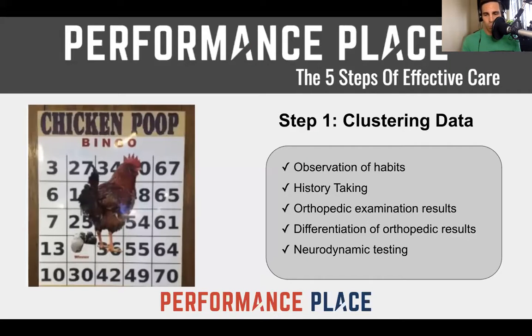Now, when we go into step 1 of the ladder of the pyramid, then we have, I could call it clustering data or chicken shit bingo. On the left, you see that this chicken happened to shit on the one next to 13. So that is a single shit. Okay. So that's where the single information lies. Now, if we were to put this chicken in like a 1 week's worth of wherever he wants to shit, wherever most of the shit lies is where we want to have our working diagnosis,